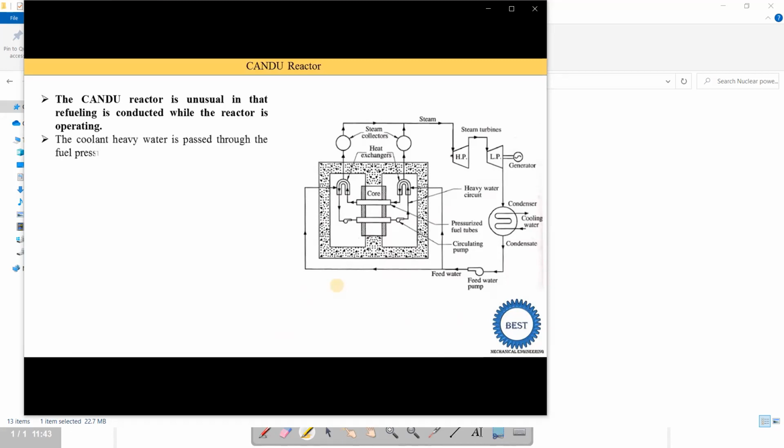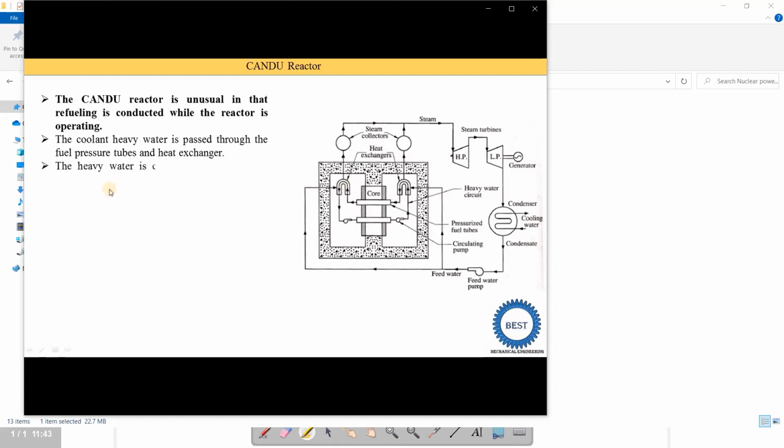The coolant heavy water is passed through the fuel pressure tubes and then through heat exchangers. Here you see these heavy waters are continuously recirculated in these circuits. This heavy water passes through the core, where it absorbs the heat energy, and this absorbed heat energy is supplied to the water in a heat exchanger. In a heat exchanger there are two mediums: one medium is the heavy water and the second medium is the feed water. The heavy water supplies heat energy to the feed water, and the feed water is converted into